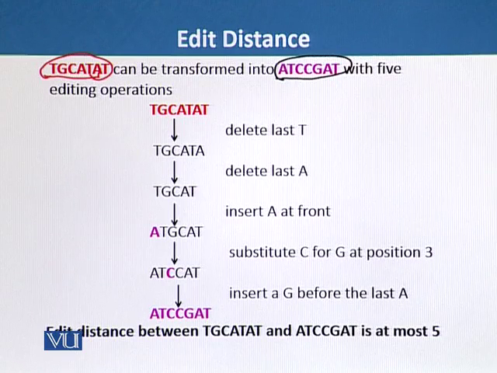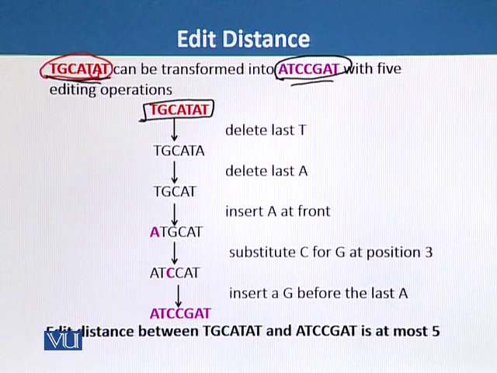In order to convert this sequence into this sequence, we will use 5 editing operations. First we will write the sequence of the DNA, that is this sequence, and the first step will be we will delete the last T. The last T is this one, so we will delete it